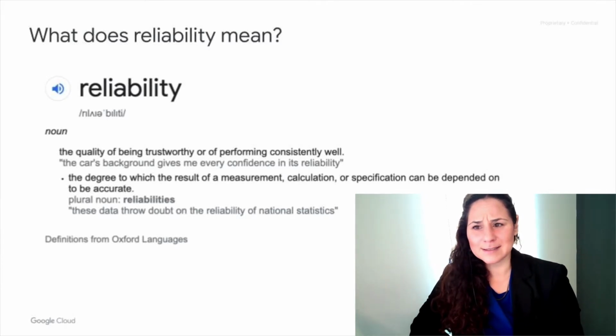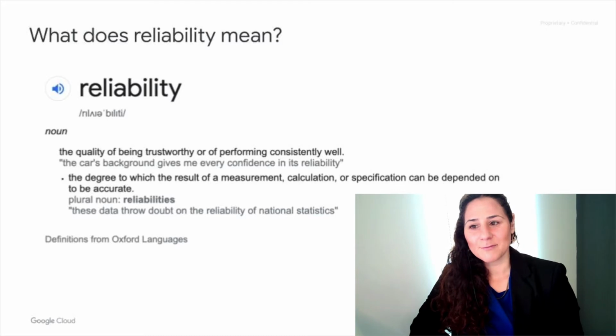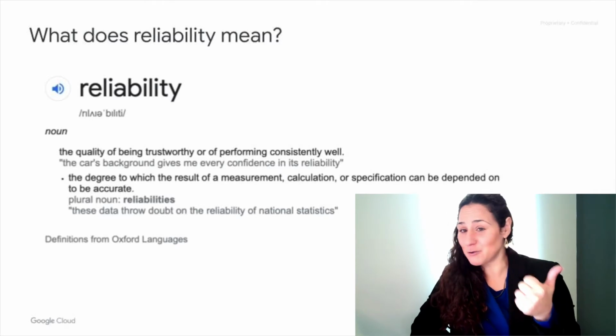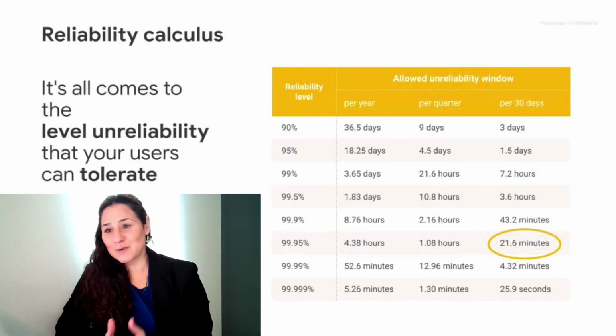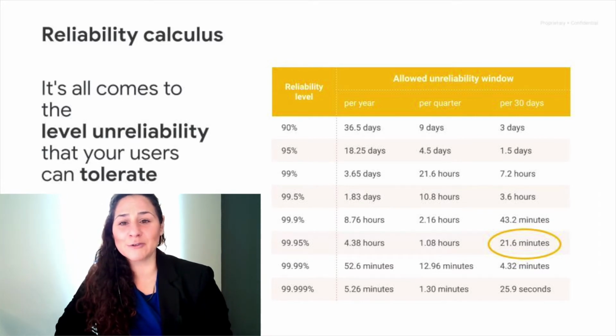Think about it. Does reliability mean the same for a Netflix user and a Google search user? Depending on your service, your users' expectations will be different, and reliability can mean different things. As a rule of thumb, a system is more reliable if it has fewer, shorter, or smaller outages. You probably heard of a 3.9 or 4.9 service, but it all comes down to the amount of downtime that our users are willing to tolerate.